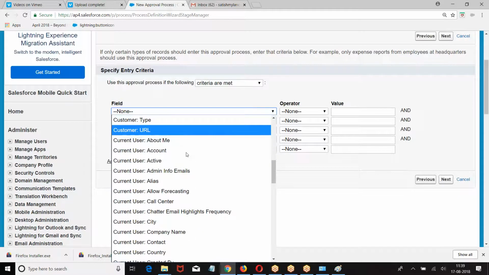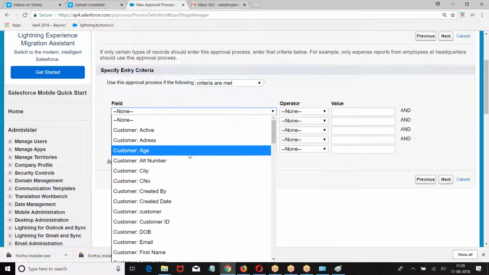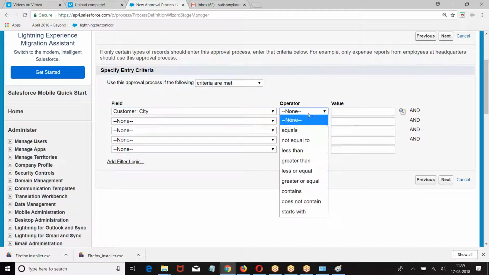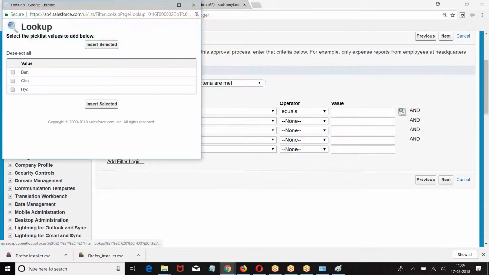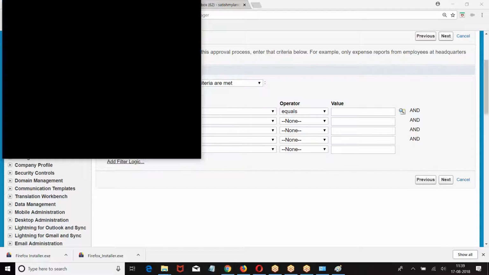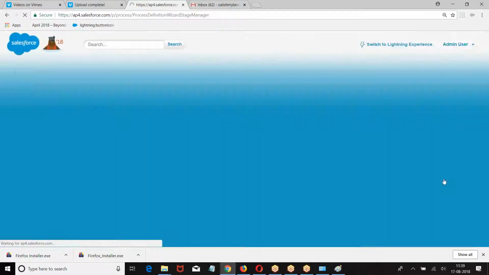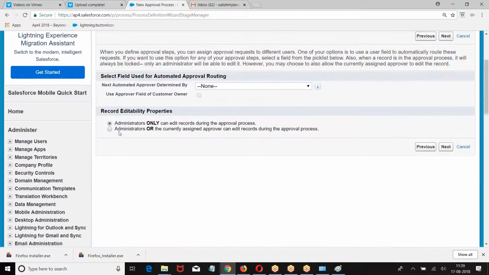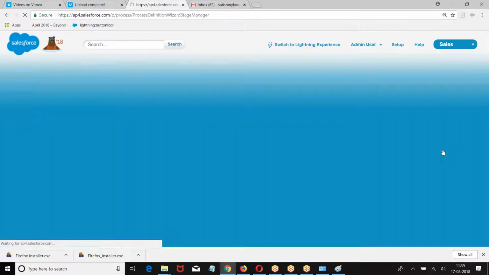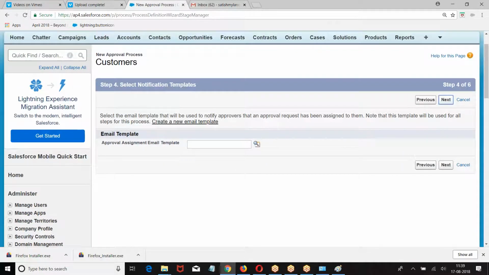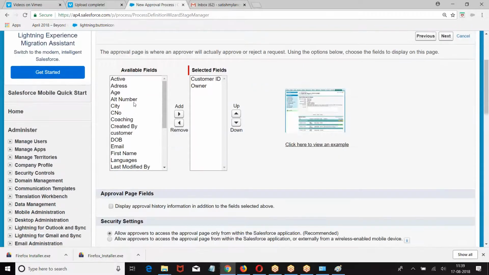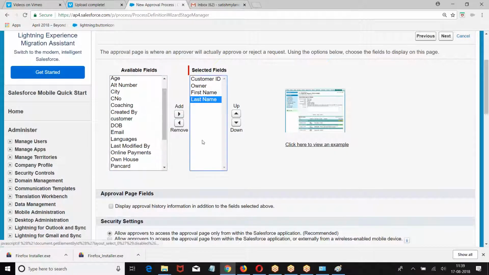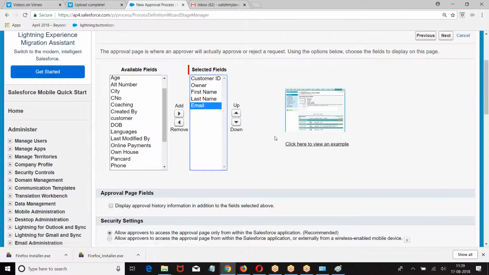When customer city equals to Hyderabad, then we have, right.